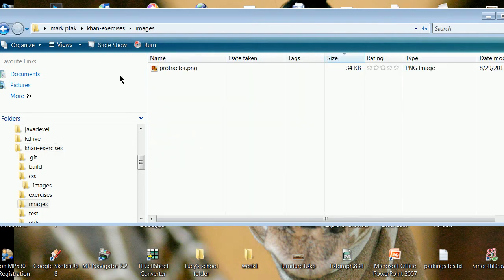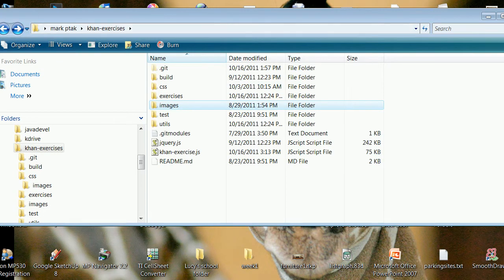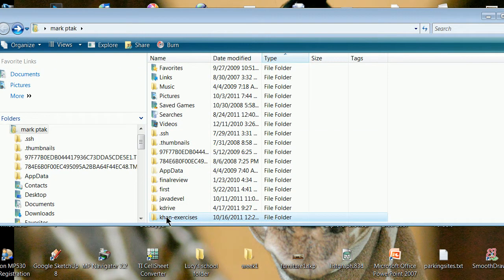Interestingly enough, they change the directory structure. This is an image used for one of the really cool exercises developed by a high school intern. So you've got all that stuff there, and essentially you've got the Khan Academy repository brought down locally. I did not make mine using the zip download and unload; I made it using Git. So hopefully we'll look for where they cover that well. It's worth looking around, and for your students, showing them how all this social coding works. So the company is GitHub.